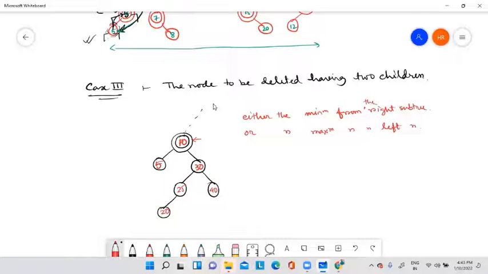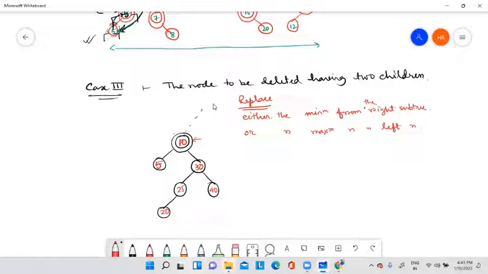I hope it is clear. If we replace the data of the node to be deleted with either the minimum from the right subtree,